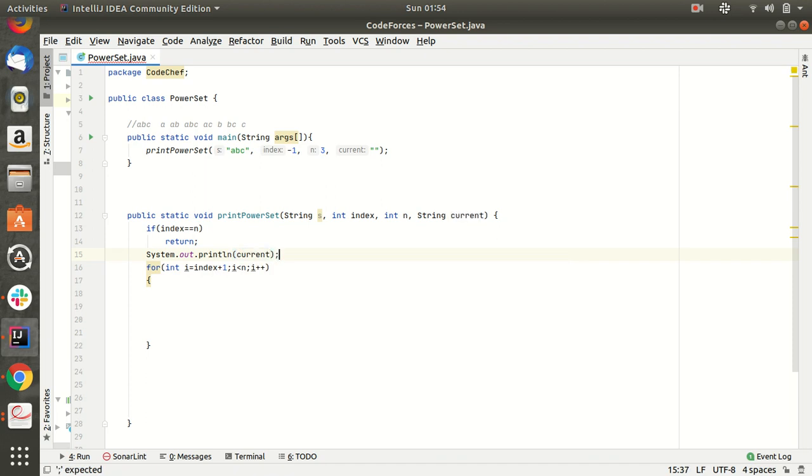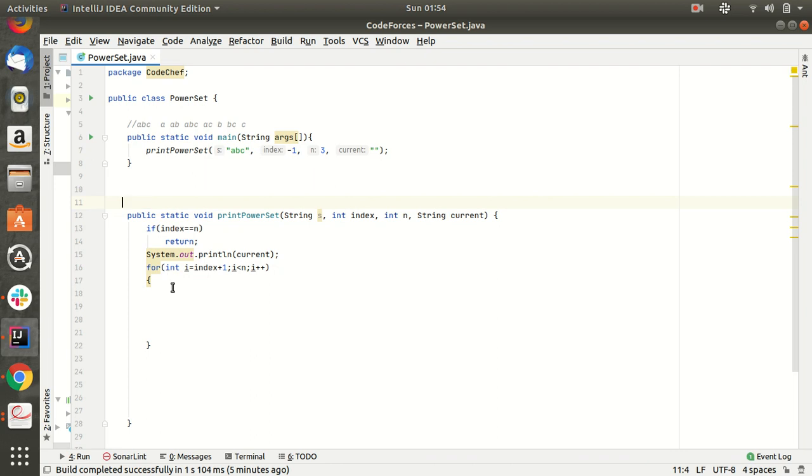So every time it will print the current string. Suppose ABC is our input string, it will start with ABC being called initially. I'll make a dry run after the implementation.